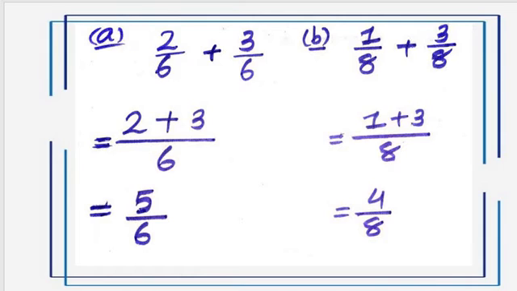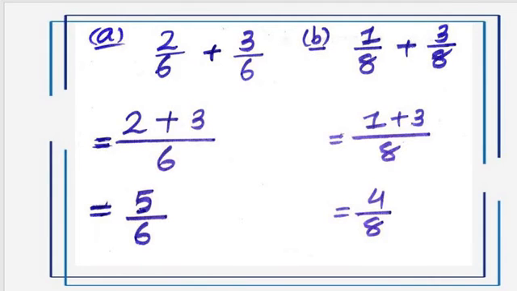Here we write is equal to, then we write the second step. What is the second step? We write the numerators together here. 1 plus 3 upon 8. See this, 1 upon 8 plus 3 upon 8. Understood? Then, my dear students, see here, 1 plus 3 upon 8.